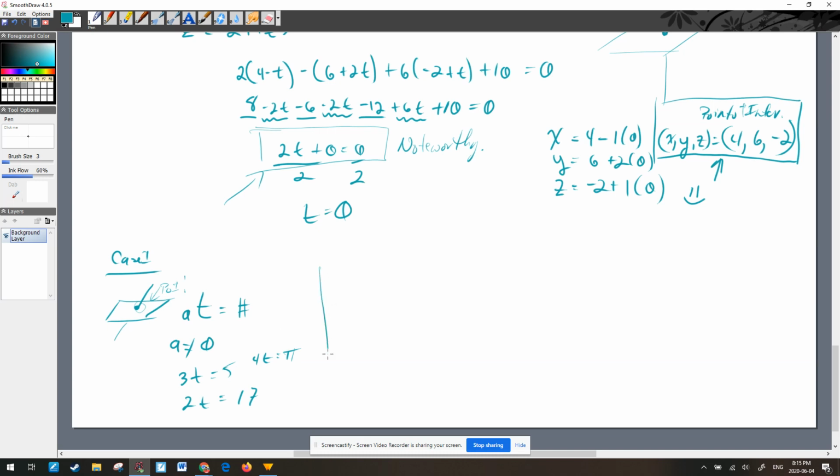Any of those fall into the case where a does not equal 0, right? So a is a member of the reals such that a does not equal 0, right? And as long as that's true, we in fact have one point of intersection,